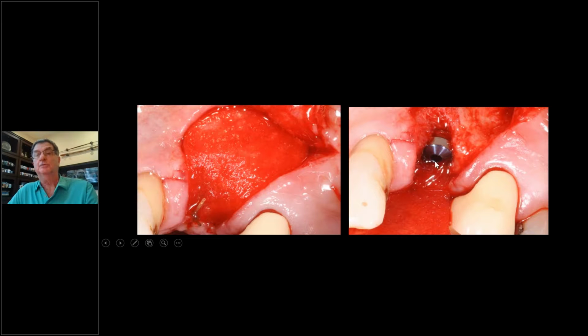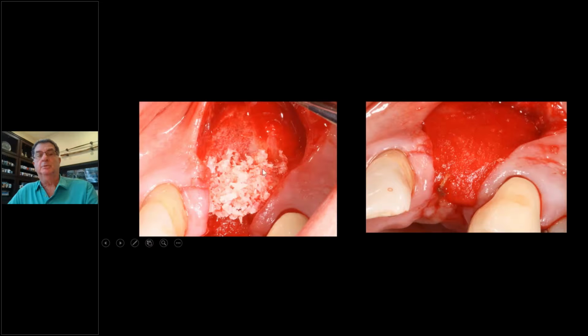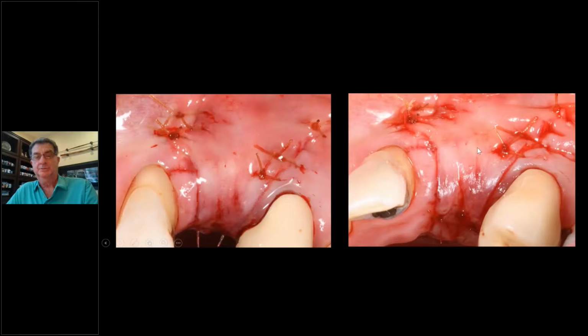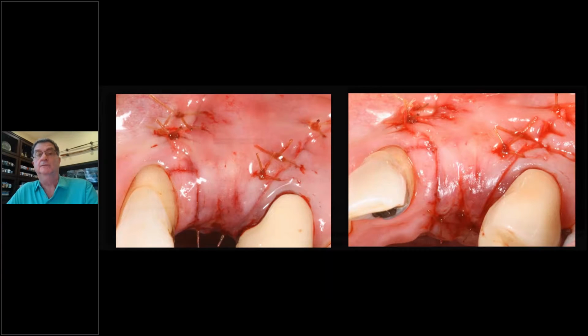Now I'm going to graft over the buccal. And then put my graft in. In this case, you can use whichever graft you want. Mineros is fine, or bovine bone, either one. Then flip this over. It's sitting down here. Flip the membrane up. The flap has already been released. And then primary closure. So this is what we do with these kind of cases. We made a type 3 into a type 2, a healed ridge, and then we opened it up and did the grafting. And Mother Nature gave us a beautiful connective tissue graft.